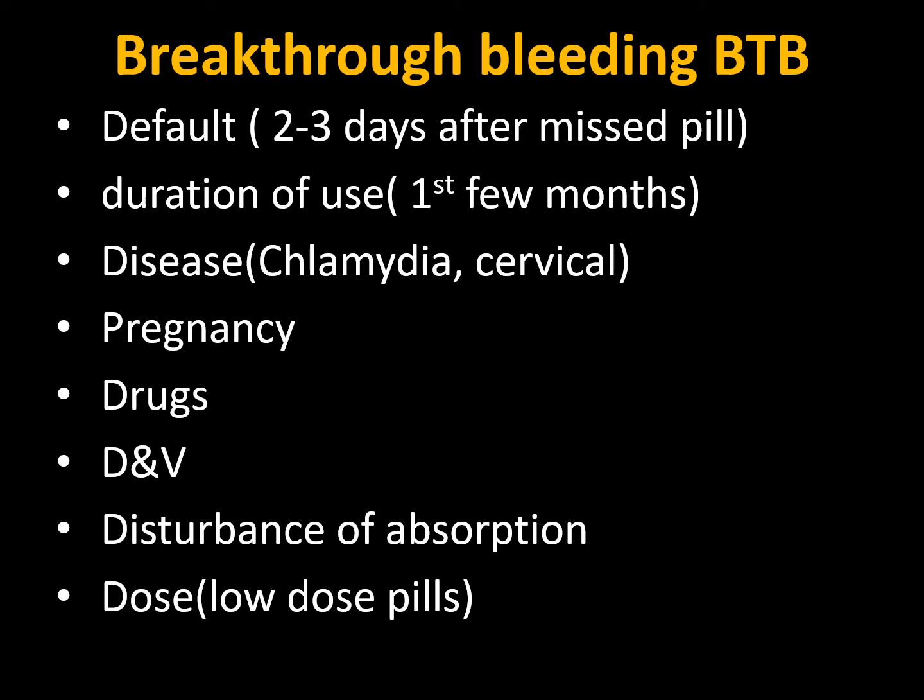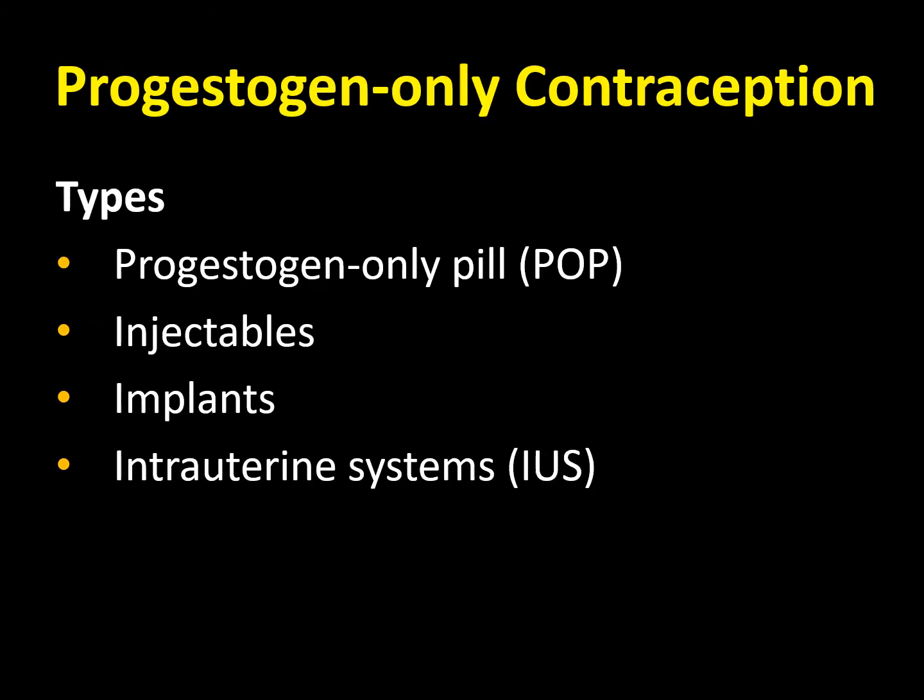If a woman calls you to say that she has breakthrough bleeding, don't immediately reassure her that this is because she's new to the pills and this will settle with time. Please make sure you rule out pregnancy and that she's not at risk of sexually transmitted infection. If you rule this out and if after 3 months she does not improve, this means that you need to change the pills to another preparation with higher estrogen.